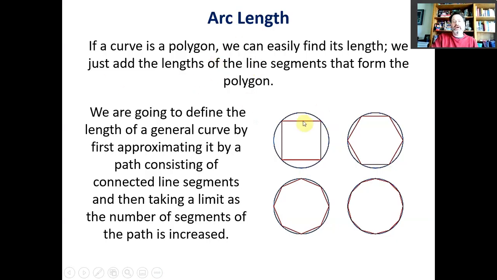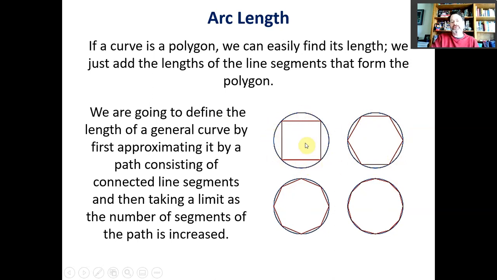So the idea is that we want to find the length of a smooth curve. And if we know the length of the line segments of a polygon, we can approximate a smooth curve with polygons, or pieces of polygons. If we increase the number of segments, then the length of the polygon gets closer and closer to the length